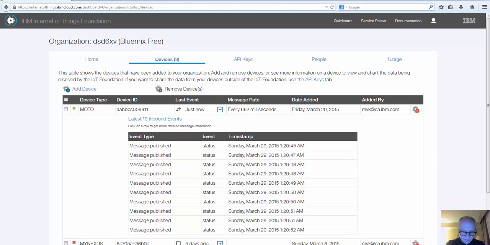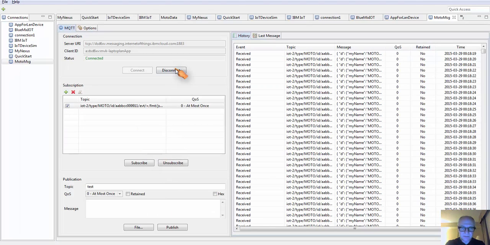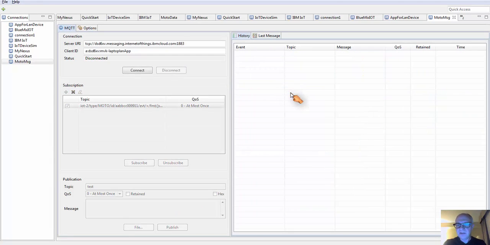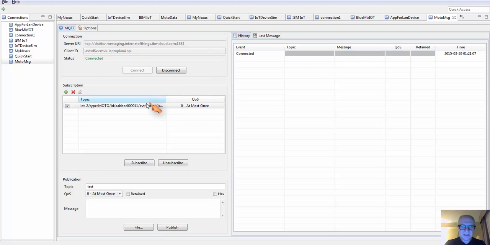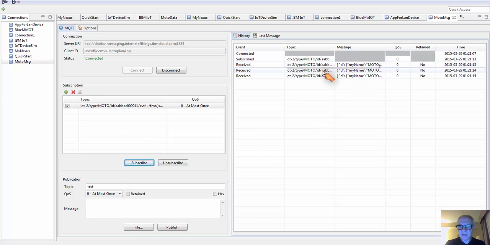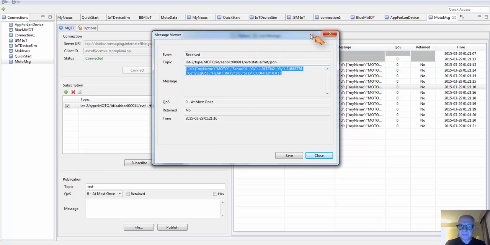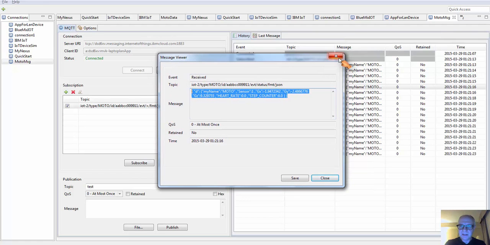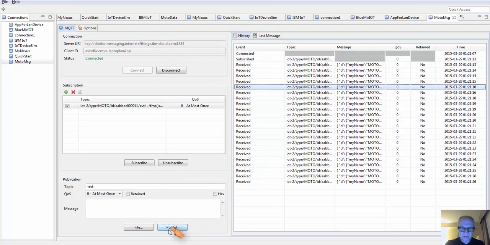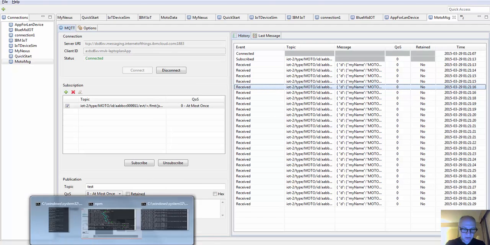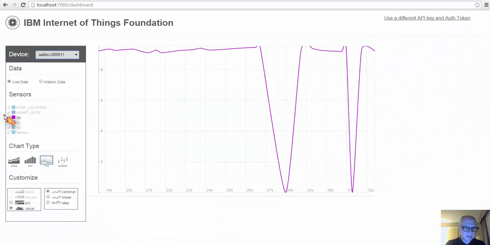So okay, what you can do is basically I use a tool and connect to the Internet of Things, and once I connected, I can subscribe to my Moto device here and get the same messages down. And these messages basically is what my visualization tool uses for the visualization. So if we go here,